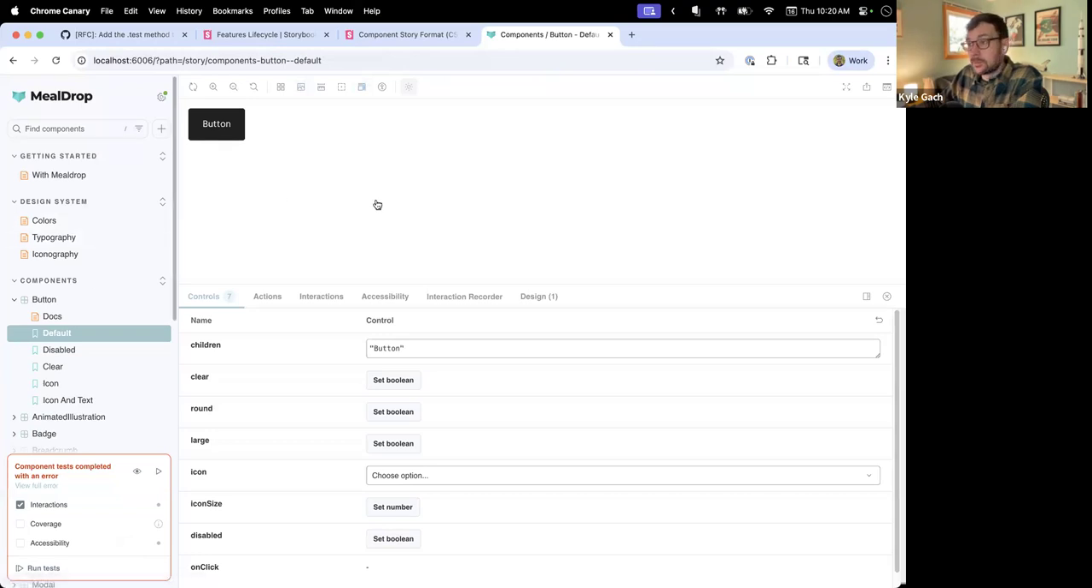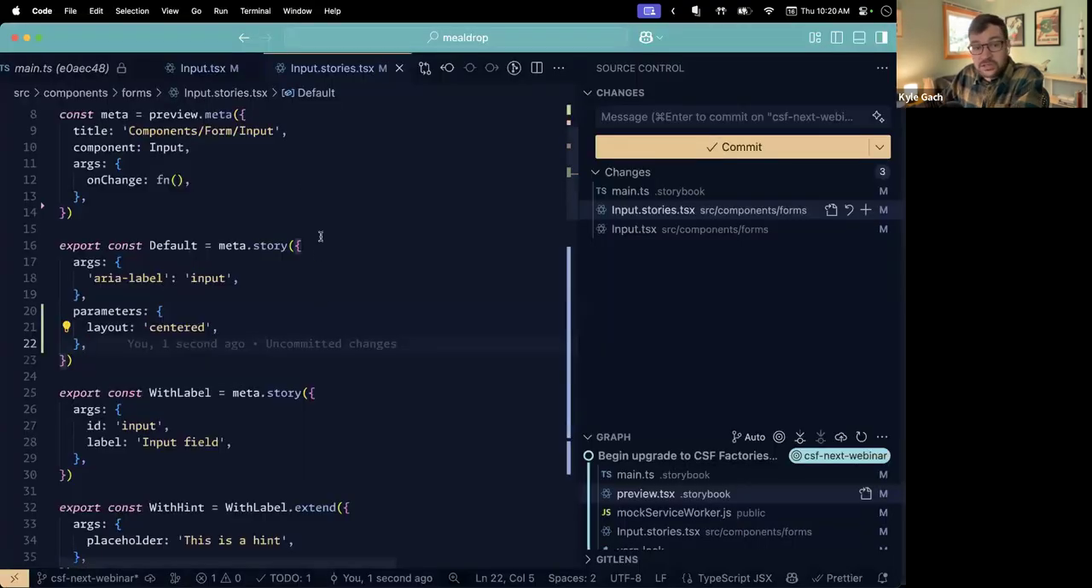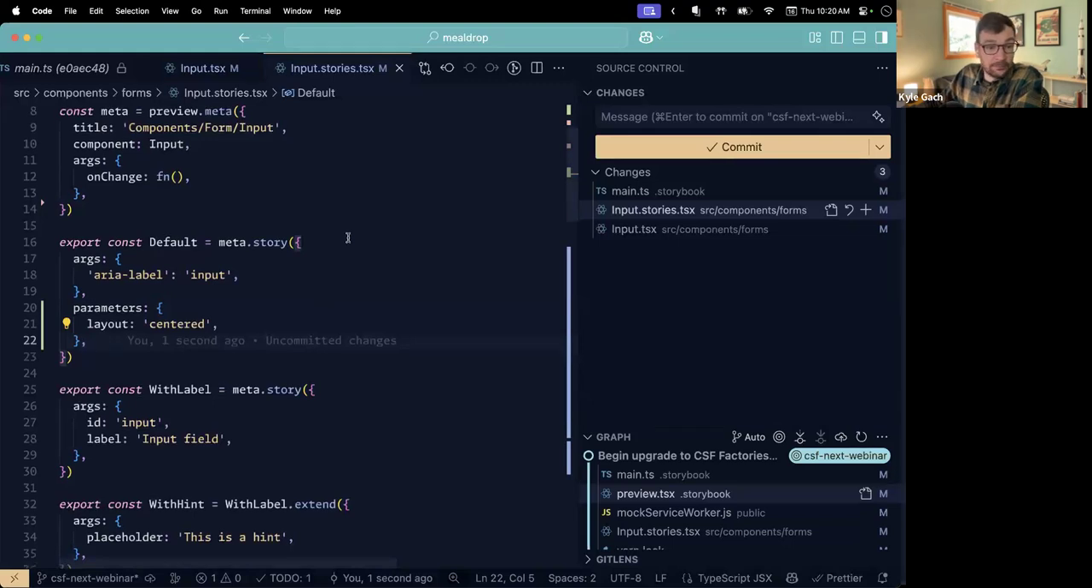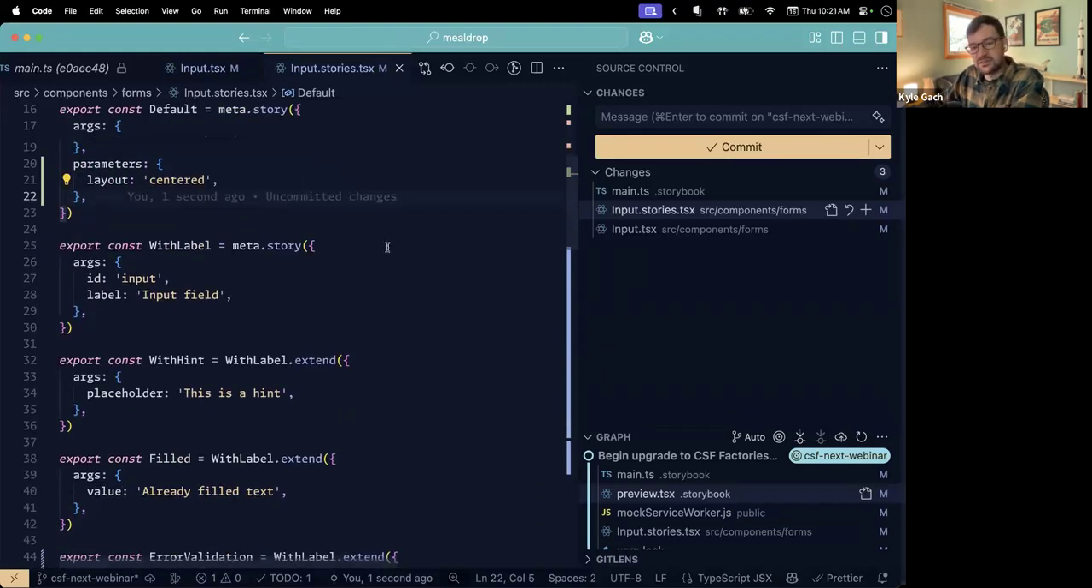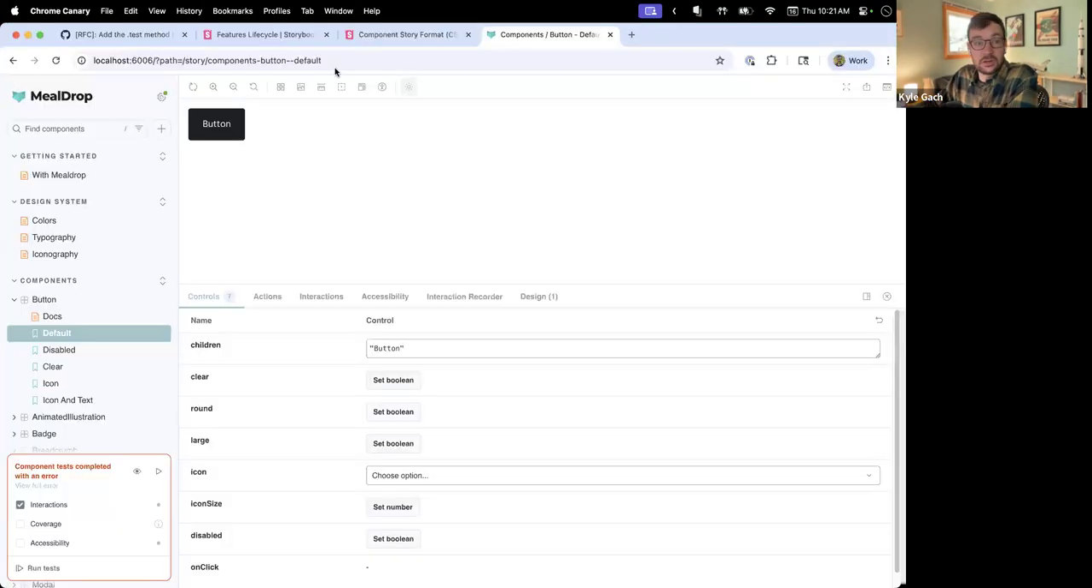Okay, so those are CSF factories. But CSF Next includes more than just CSF factories. So before I explain that, I wanted to show